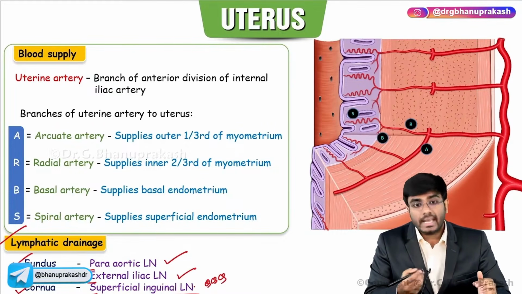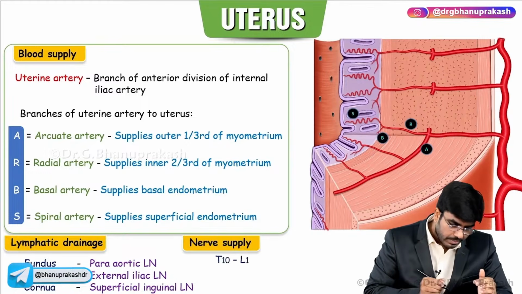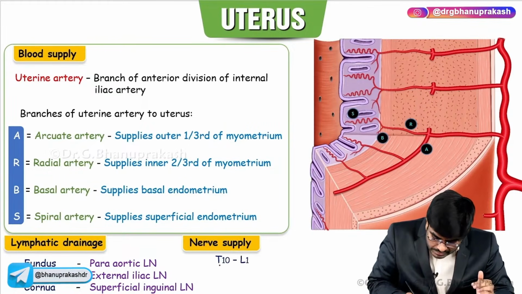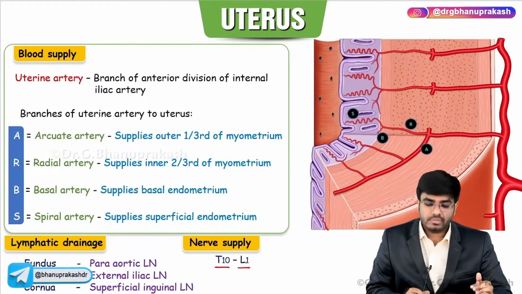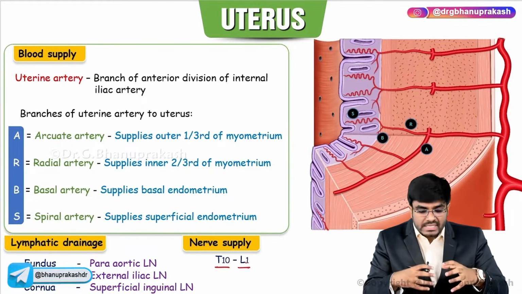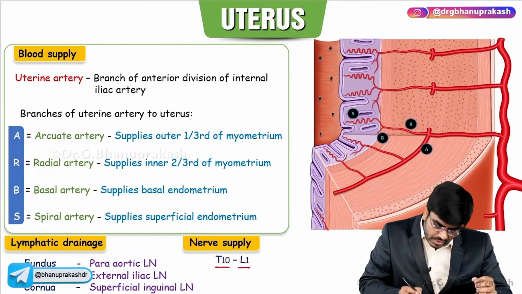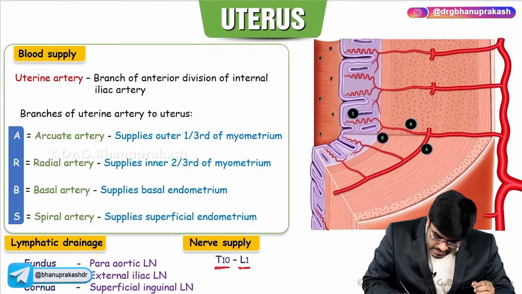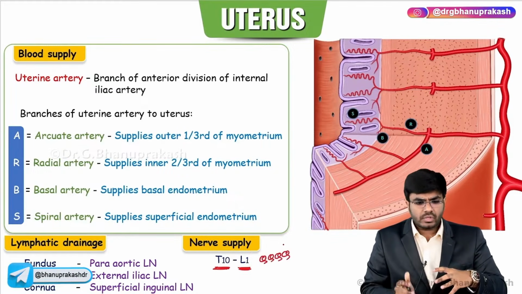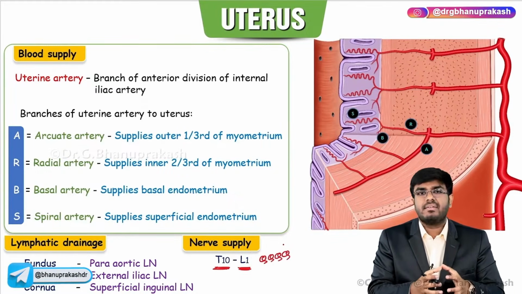After this, let's talk about the nerve supply of the uterus. Nerve supply is coming from T10 to L1 spinal nerves. It's a sensory supply. So the uterus is getting its sensory innervation from T10 to L1 spinal nerves. This is very much important, especially when we are discussing the topic of labor. So if you want to have a painless vaginal delivery,